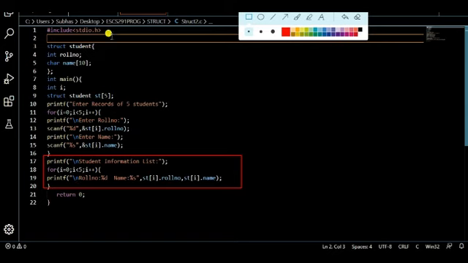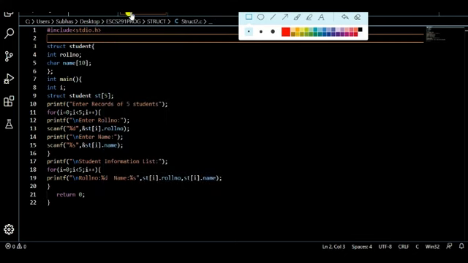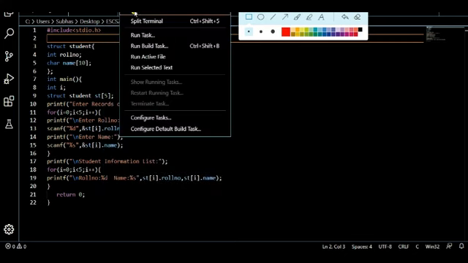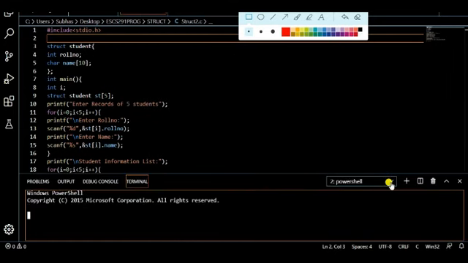So let me execute this program. This file is in desktop, ESCS291, struct, then struct2.